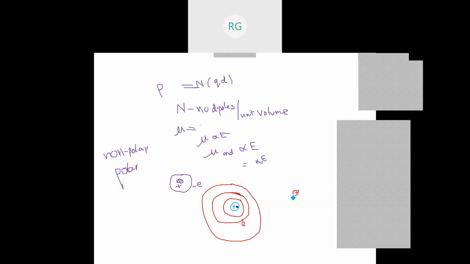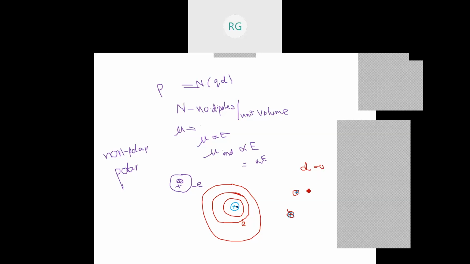So I'll take this one as the positive charge, and this is the center of gravity of positive charge, something like this. And I now take the center of gravity of negative charges, that is electrons. If they also exactly fall on this, then the positive charge and negative charge are not separated by any distance. They are exactly coinciding. That means the center of gravity of positive charge and the center of gravity of negative charge exactly coincide, and they are not separated by any distance. That is, d is equal to 0 in a dipole.